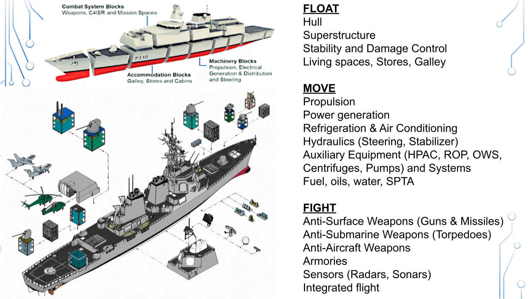As they are all meant for war fighting, reliable operation of this equipment at all times, each and every time when needed, is an absolute necessity. If any equipment of a ship doesn't perform or underperforms from what it is meant for, it can be catastrophic for a mission. For example, a simple RO water plant that generates potable water on board, if it fails to work, it limits the endurance of the ship.